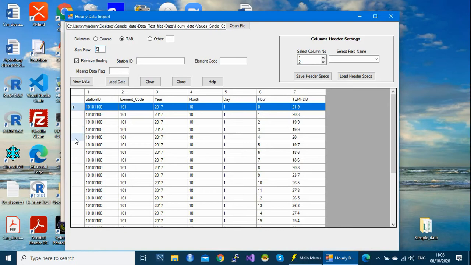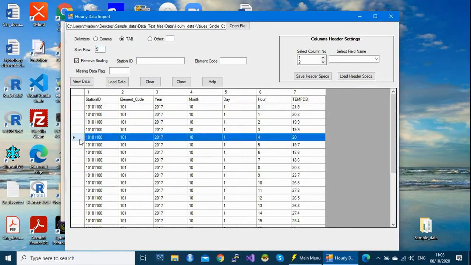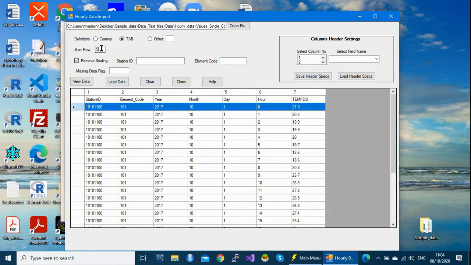So the system will pick from this row and leave the rest. But since we want the system to pick from the second row, we leave the default at 2. So another option is removing scaling.